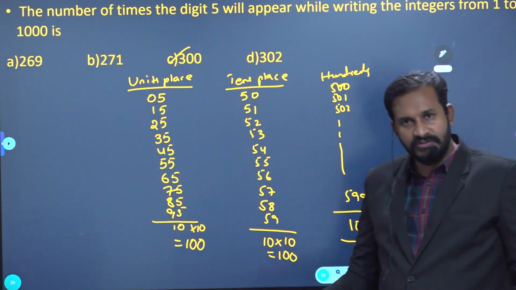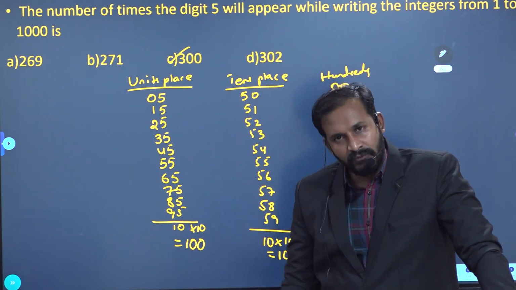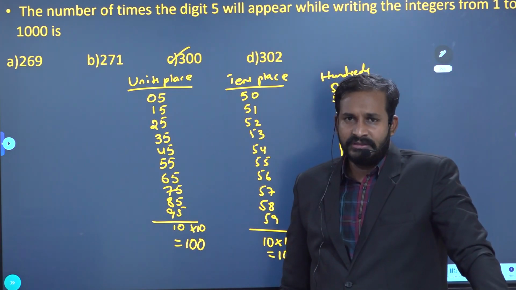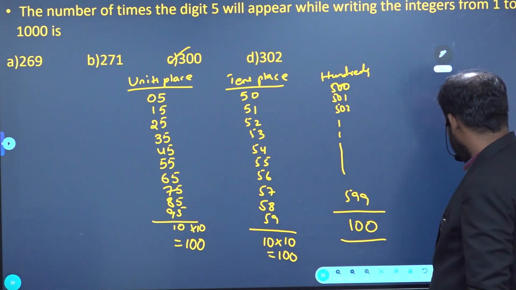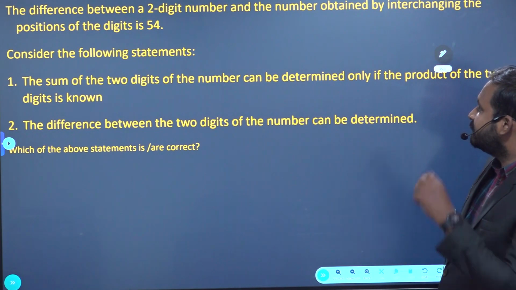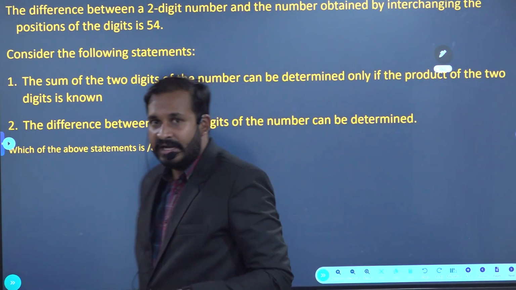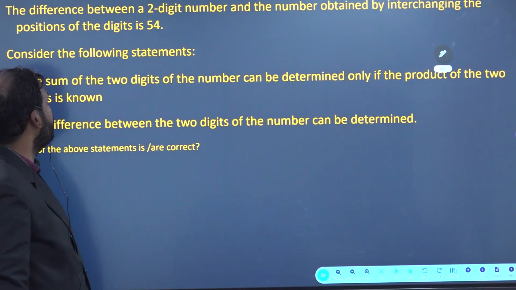Not only 5's, we will use 3's also for 300 times, 4's also for 300 times, 2's also for 300, like this. Understood? Next one. The difference between a 2-digit number and the number obtained by interchanging the positions of the digits